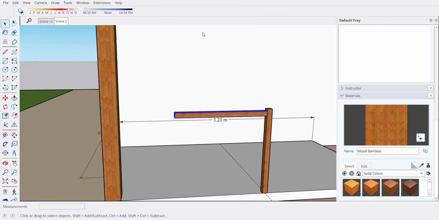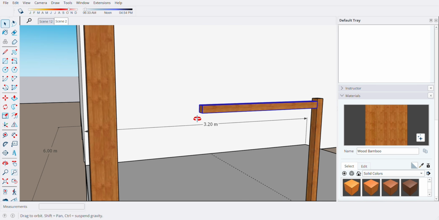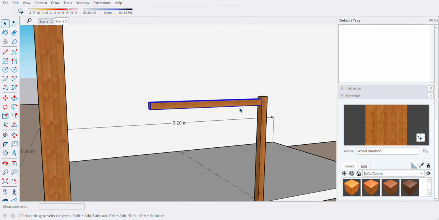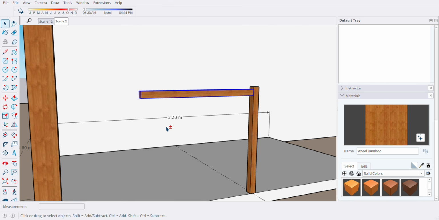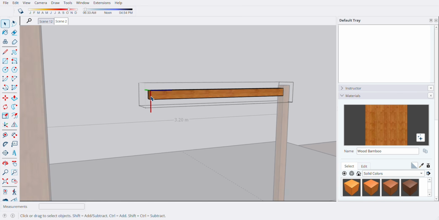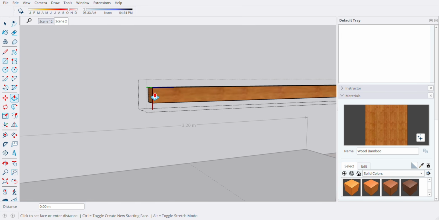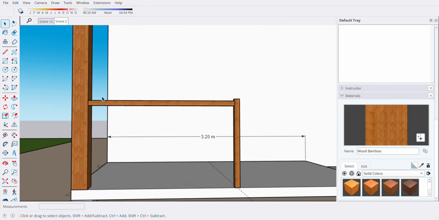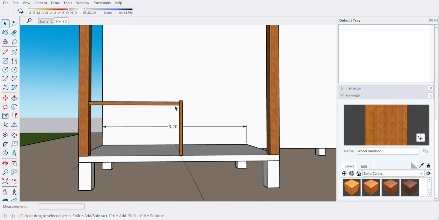Just an additional tip also, if you extend this one and you have a component, make sure it is unique. Okay, so that one,